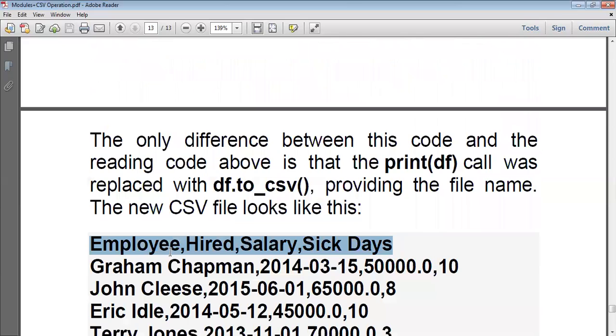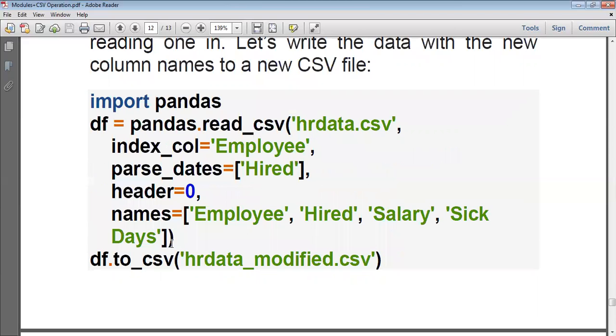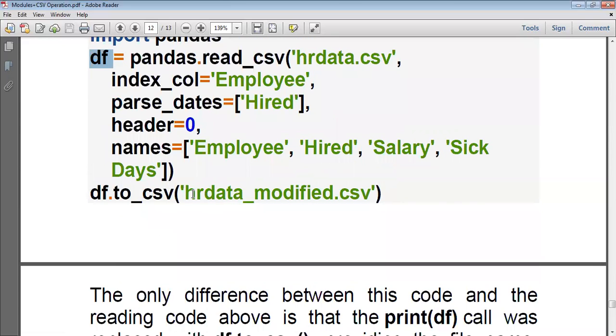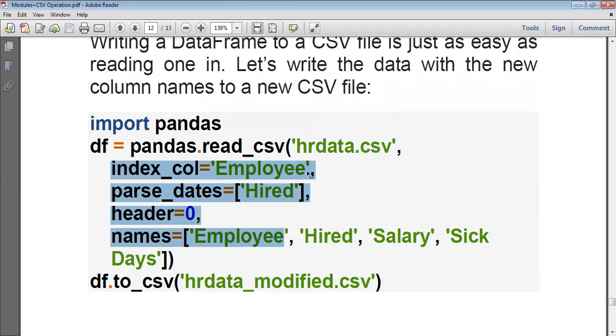So how do we write? How do we perform the write operation? Once the entire content of this CSV file is read with the modification, it has to be written from the data frame like this. So df.to_csv, and hr_data.csv, which means this is a new file created with these modifications.